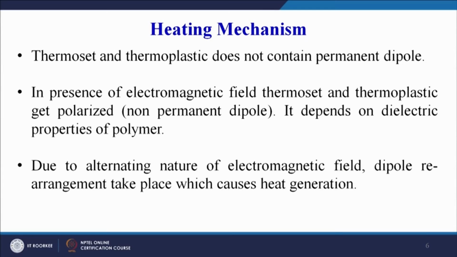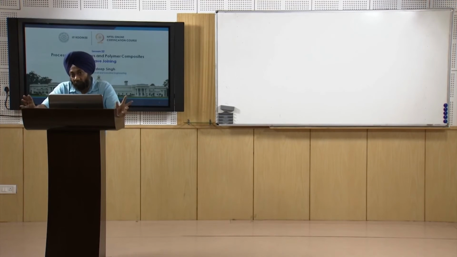It depends upon the dielectric properties of the polymer. Due to the alternating nature of the electromagnetic field, dipole rearrangement takes place, which causes heat generation. So there may be a question: how is heat generated in the polymers on application of microwave? We can say that they do not have a permanent dipole, but have a tendency, on application of electromagnetic radiation, to get polarized, and how much they will get polarized will depend upon the dielectric properties